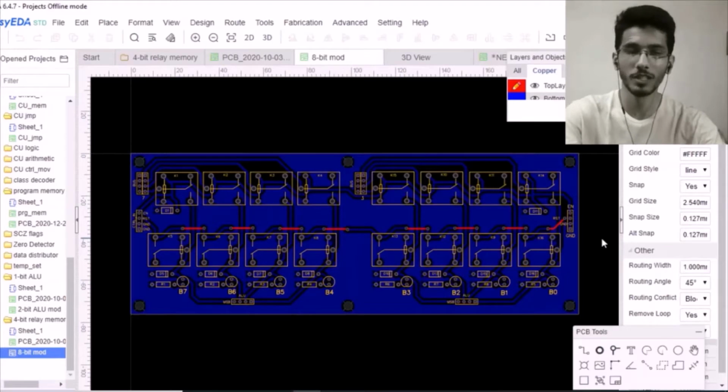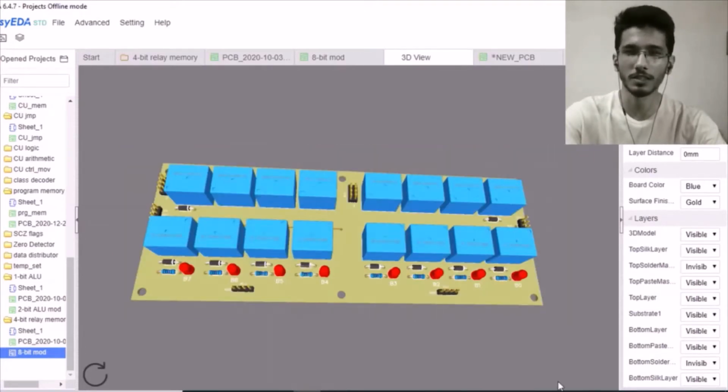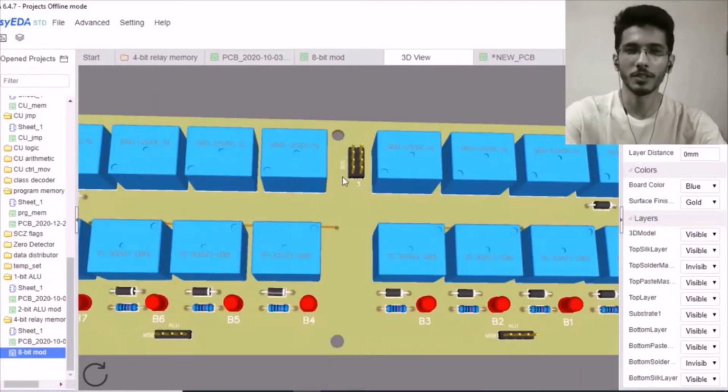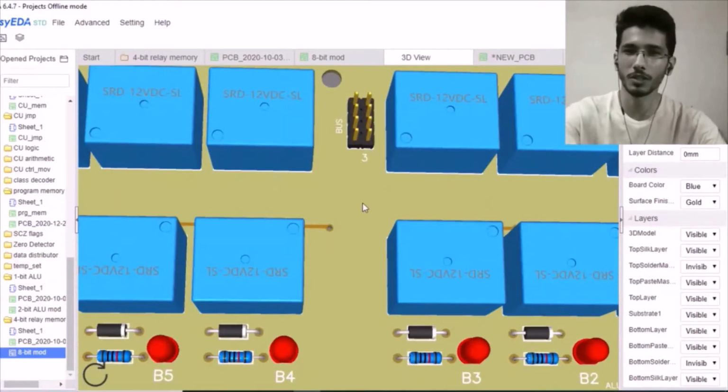Personally speaking, the coolest part of this software I found was the 3D view, and this is what it looks like. So it shows you what your PCB will look like before you actually manufacture it. In this circuit board, you might notice one small change. That is, I have doubled the number of connectors for the data bus. So even though these connectors are for 4-bit data, I have doubled them so that I can connect 2 different registers to this one register. So the adjacent pins are actually connected together.